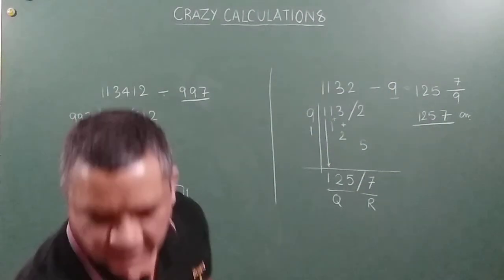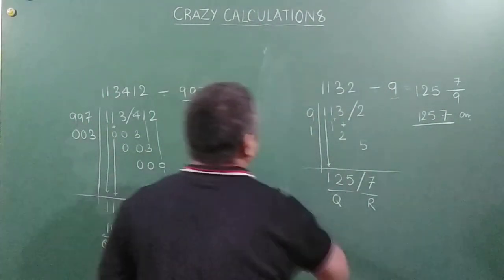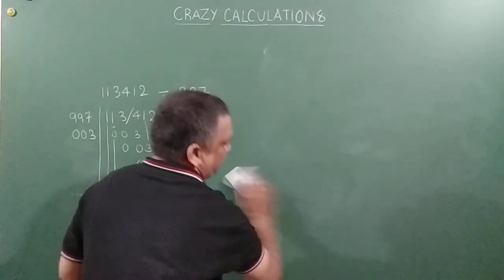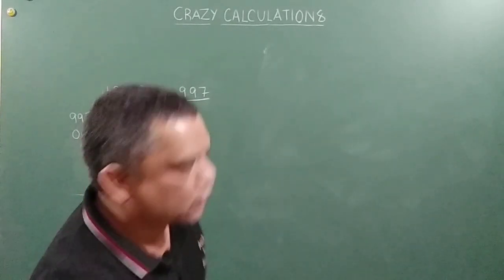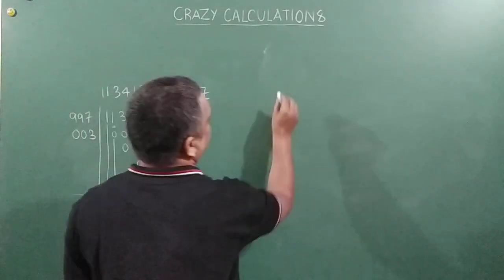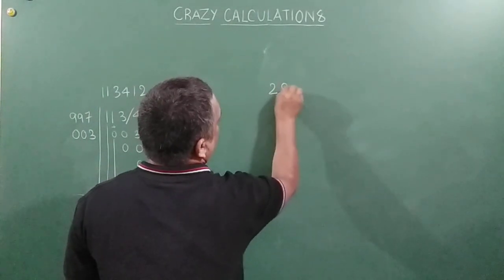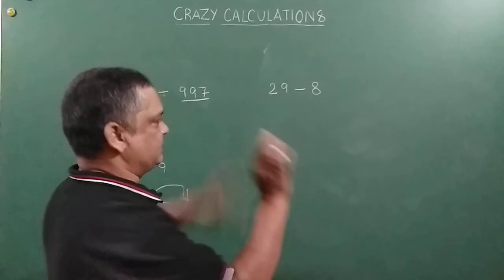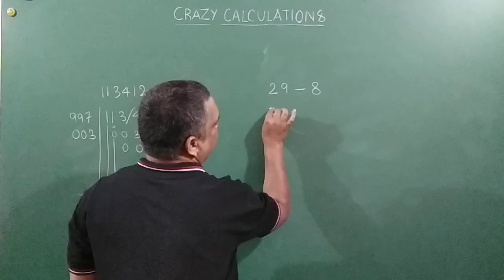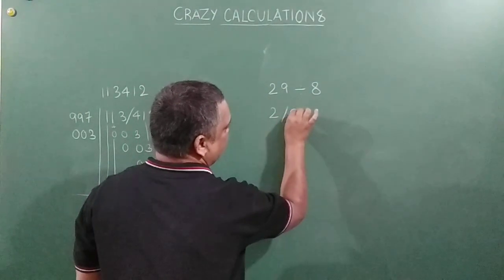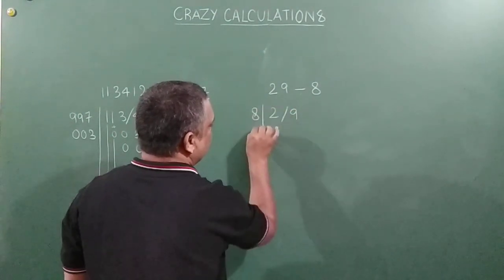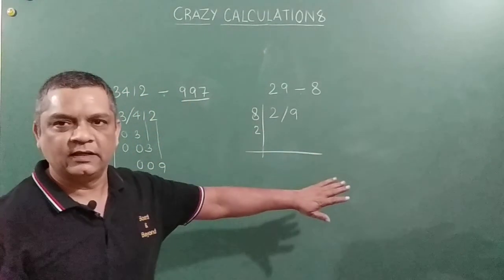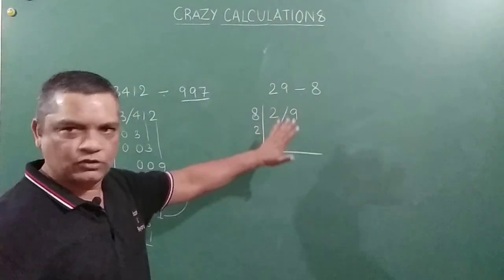Let us understand with one more simple example. Okay? Very simple. Let us say 29 divided by 8. Just to give you the concept, that's it. Okay. So what I am going to do is that 2 and 9, 8 and 2. Till here I don't think any confusion to anybody here present, because I have already given you the concept on this.